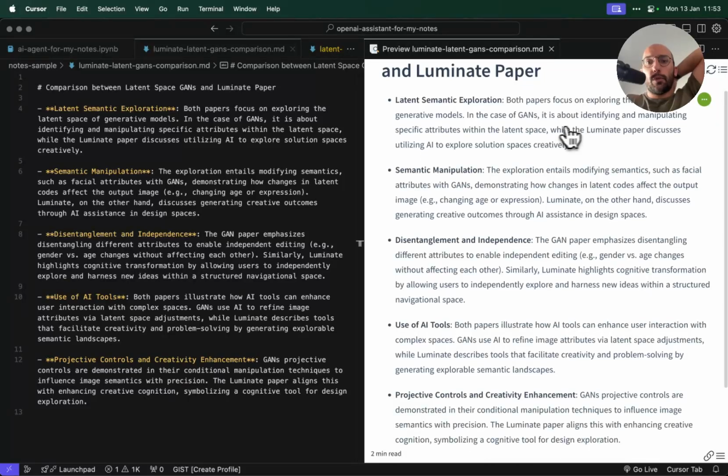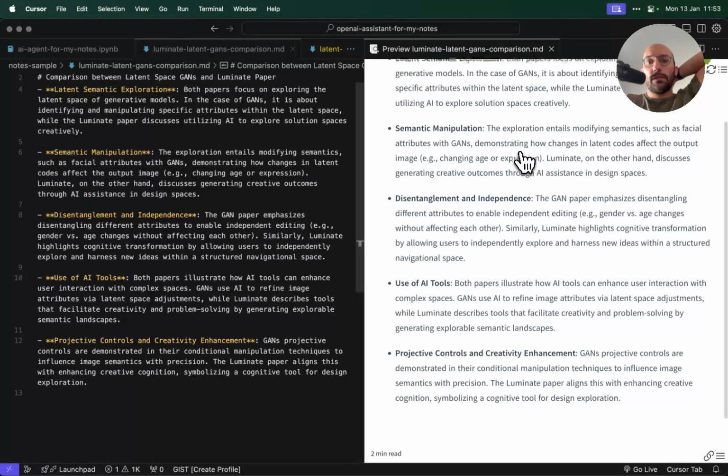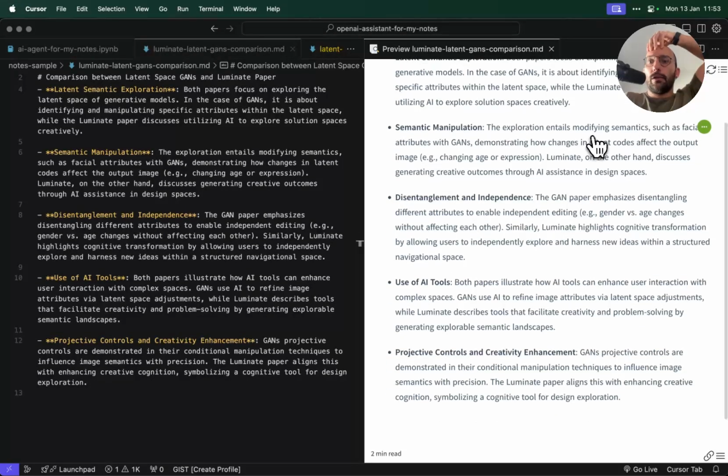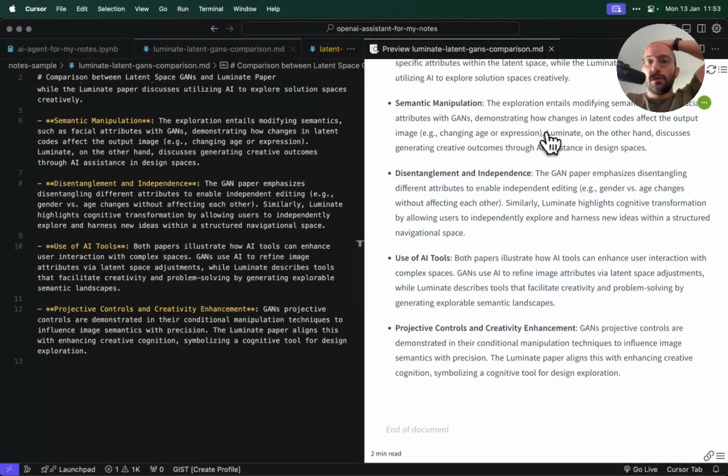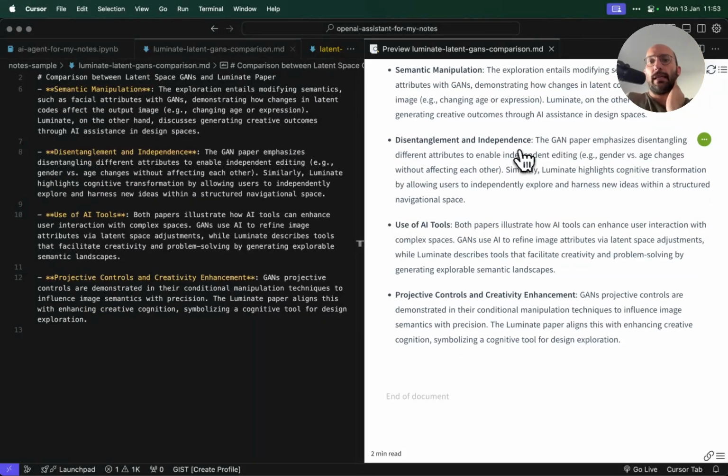Both focus on exploring the latent space of models. It's about identifying and manipulating attributes. Luminate discusses using AI to explore solution spaces. Semantic manipulation entails modifying semantics like attributes. Luminate discusses generating creative outcomes through AI assistants in design spaces. That's perfect. Disentanglement and independence emphasizes disentangling attributes to enable independent editing. Luminate highlights cognitive transformation by allowing users to independently explore and harness new ideas within a structured navigational